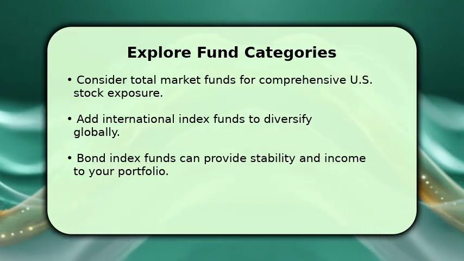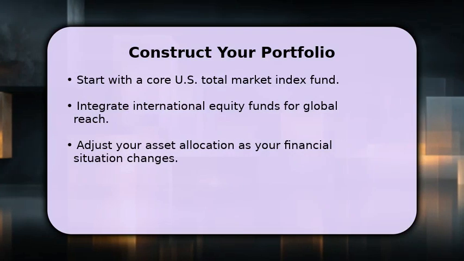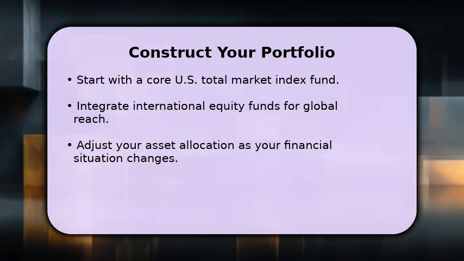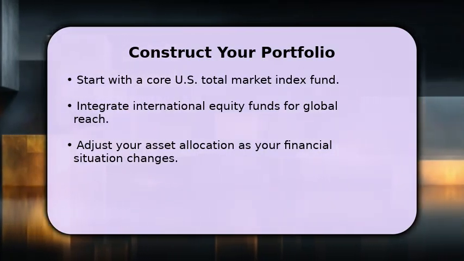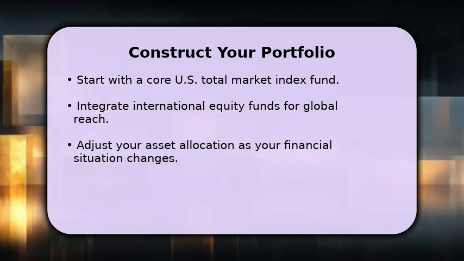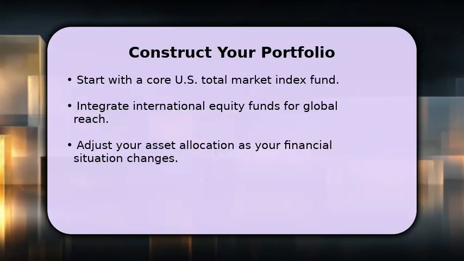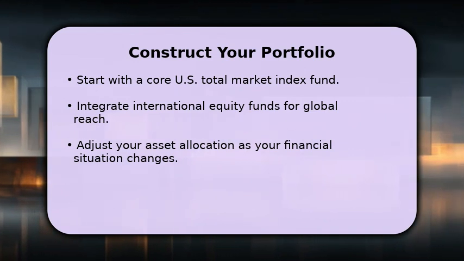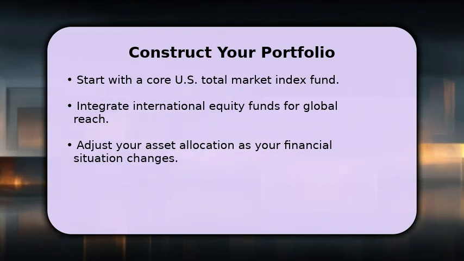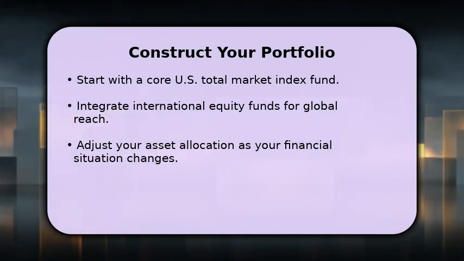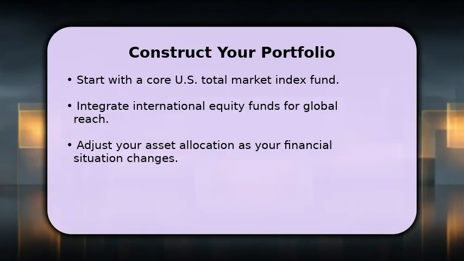overall investment strategy effectively. To build your portfolio, begin with a strong core, such as a U.S. total market index fund. Then, strategically add international equity funds to gain exposure to global markets, enhancing diversification. Remember to periodically review and adjust your asset allocation. This ensures your portfolio remains aligned with your evolving financial goals and risk tolerance, keeping you on track for long-term